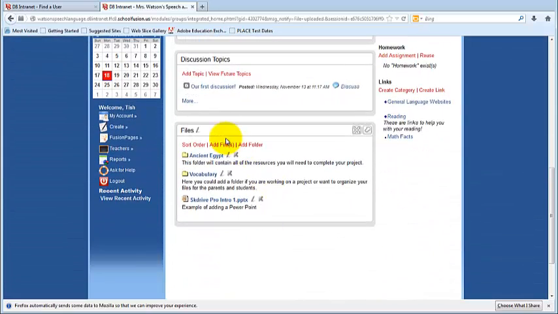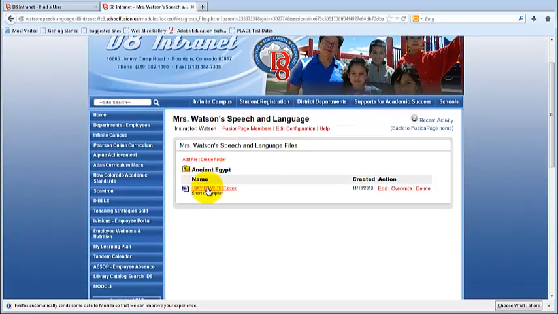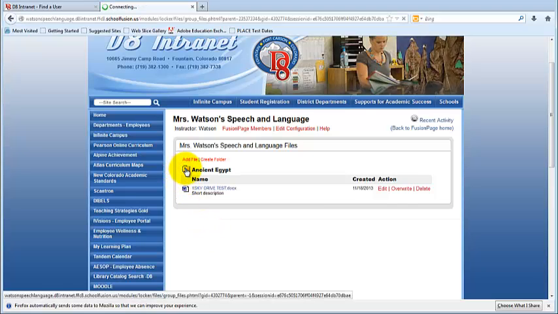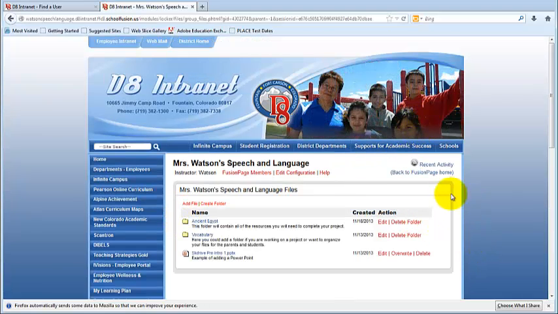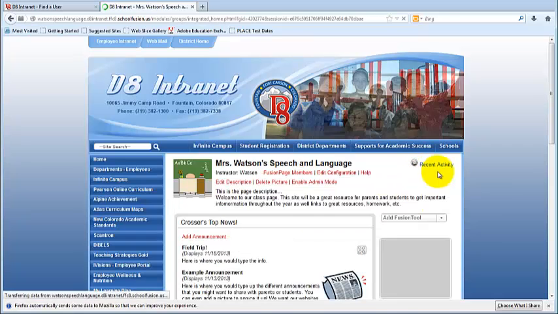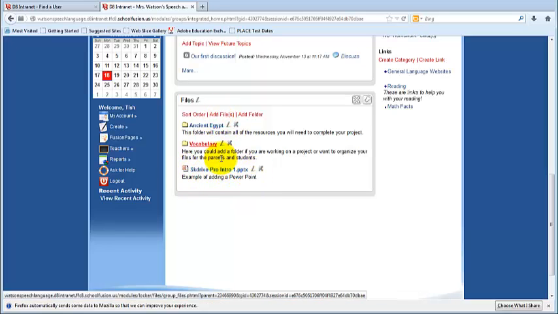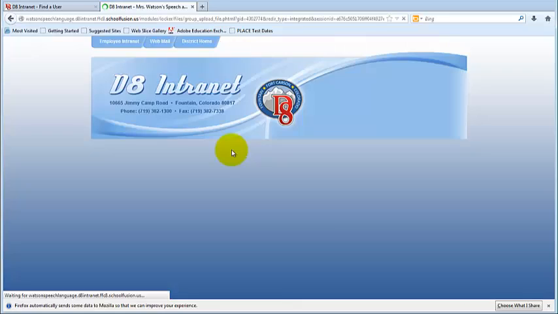And as you can see down here, if we click on ancient Egypt, within there we have different files. So this would be all the files that you would want listed within there. Okay, we can always click here and always go back to the Fusion homepage, and that just gets us back to our main page. So if I just wanted to add a file here without being in a folder, I would have just clicked Add Files,